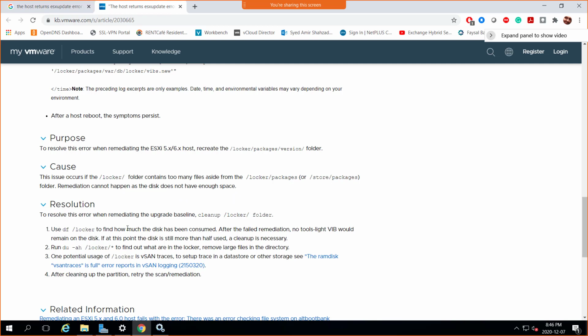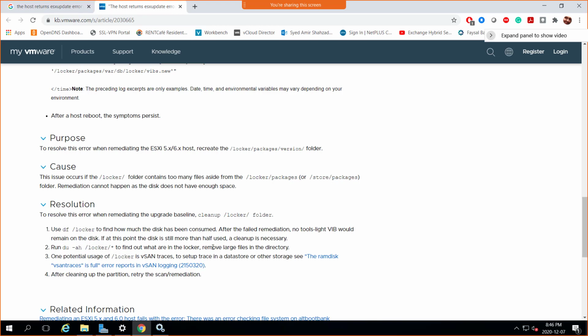Resolution: to resolve this error when remediating the upgrade baseline, clean up the /locker folder, and use df /locker to find how much of the disk has been consumed after the failed remediation. No tools light VIB would remain on the disk. If at this point the disk is still more than half used, a cleanup is necessary.